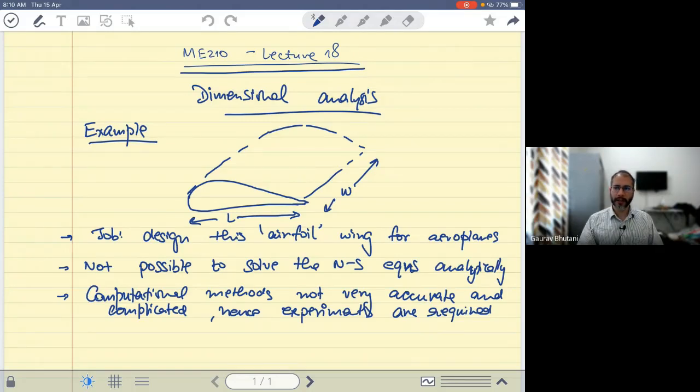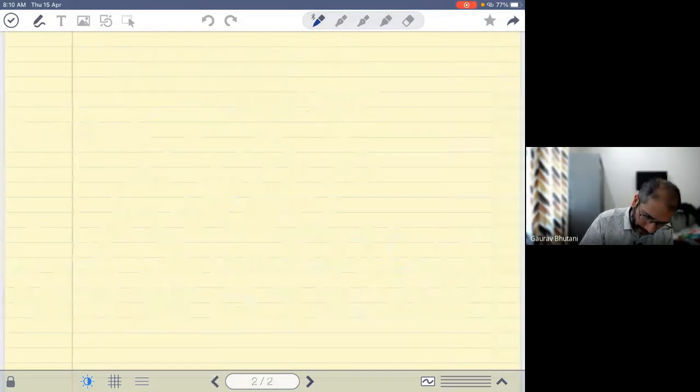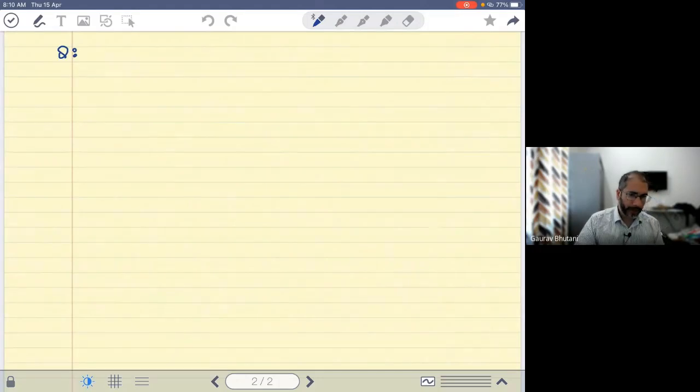So if I have 10 contender designs, do I actually manufacture 10 of these wings and do lots and lots of experiments on those? Is that what I'll do? So these are the questions I have to answer. If not, then can we make a scale down model? So one question I have is,